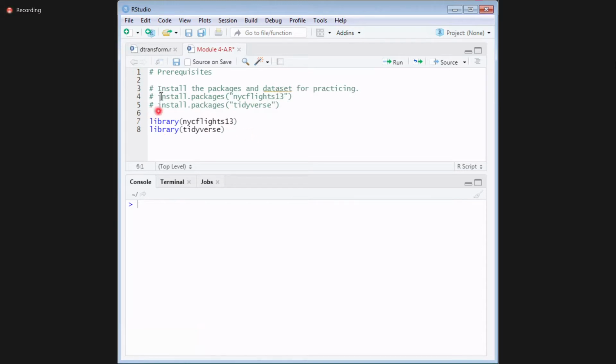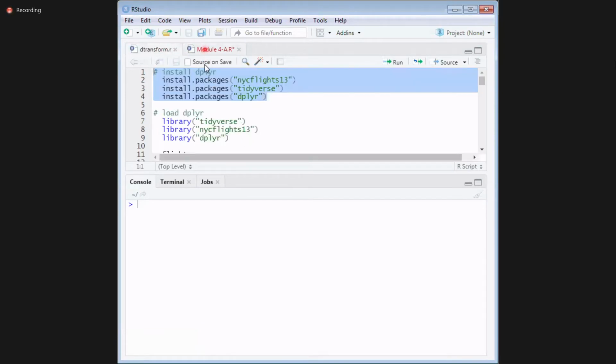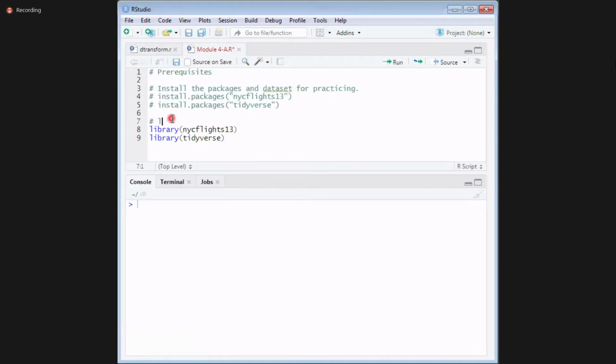After installing, first we install, then we load the packages.